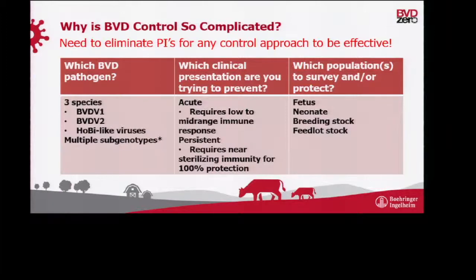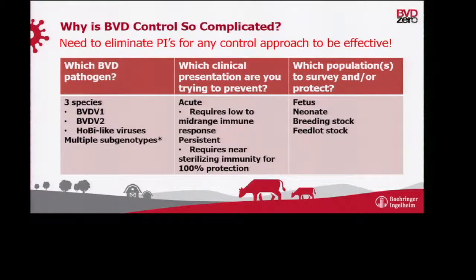Unfortunately, where I live in the United States, we're doing most of our testing in feedlot stock, so animals that are destined for slaughter, which is great if you remove them as they enter the feedlot. It does increase the bottom line for the feedlot producer, but it doesn't do anything about eliminating the number of PIs that are in the environment, because these animals don't reproduce.